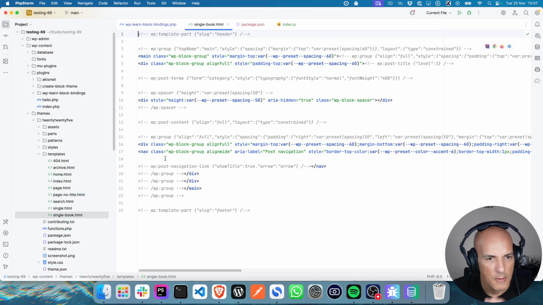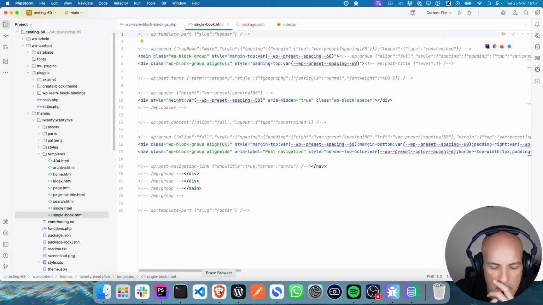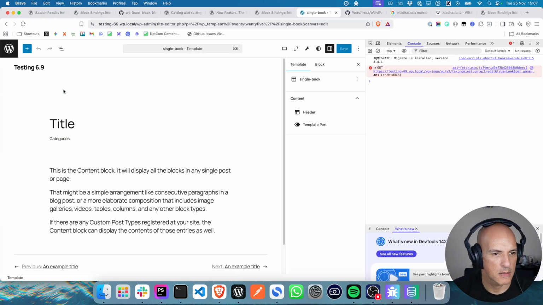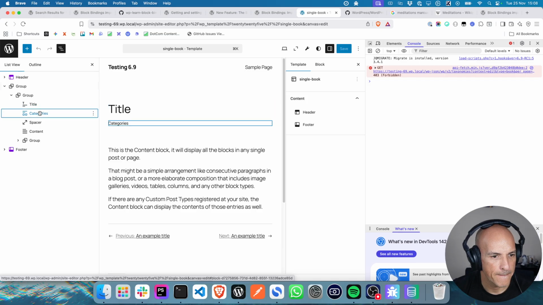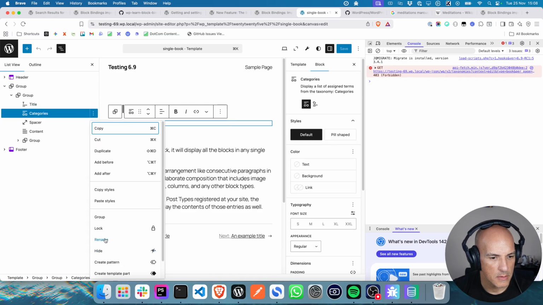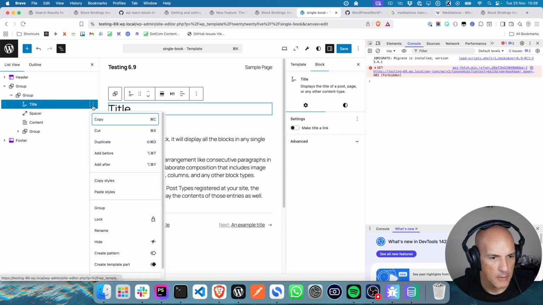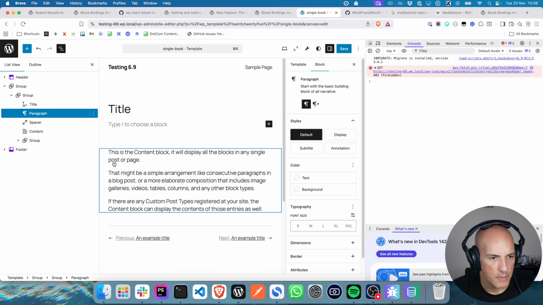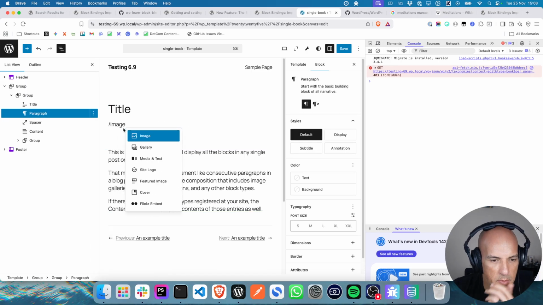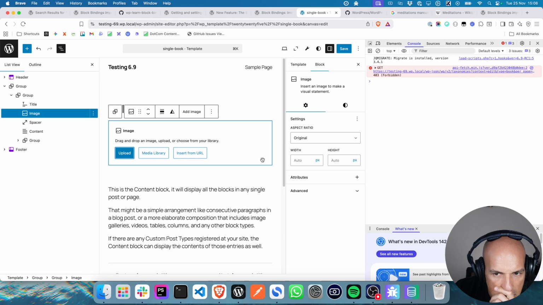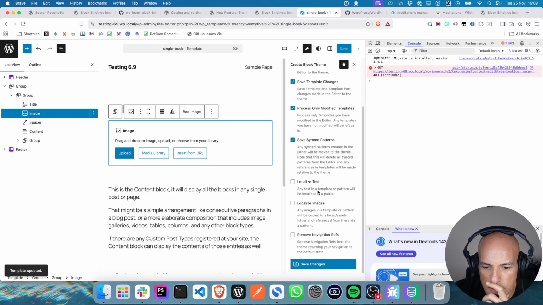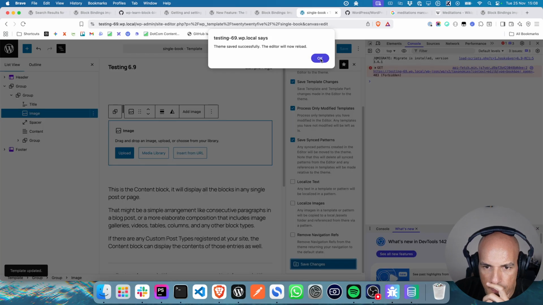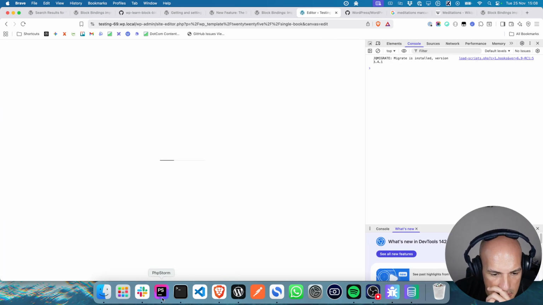Okay, good. And now I'm going to add an image. Add an image block. Save that. Save change to theme. Okay.